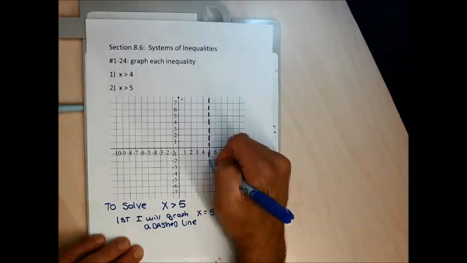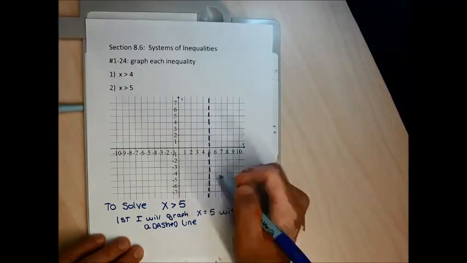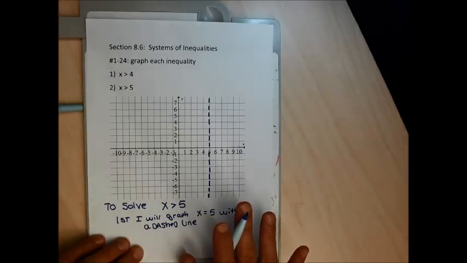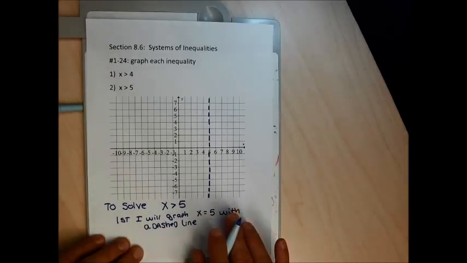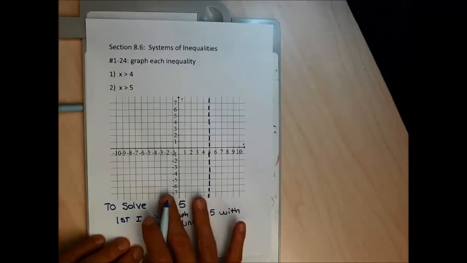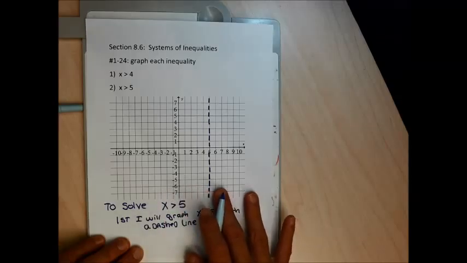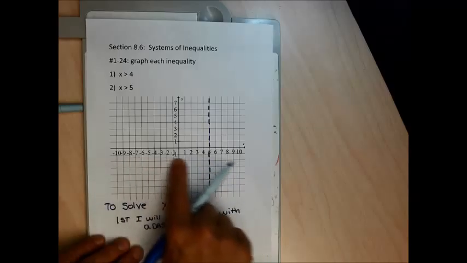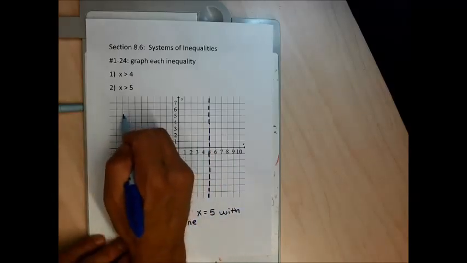So this is a line of my border. Every point on this line has an x-coordinate of 5. None of them have an x-coordinate greater than 5, so they don't belong in my answer. But it's the boundary, because every point on one side of the line will have x-coordinates less than 5, and every point on the other side of the line has x-coordinates greater than 5. If I look at the numbers on the x-axis, any point